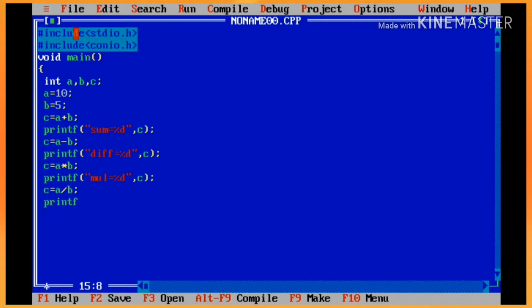In the printf command we will get the result of the division between a and b. We are writing it. Then comes c equals a modulo b. In this case, we will get the remainder of a divided by b.